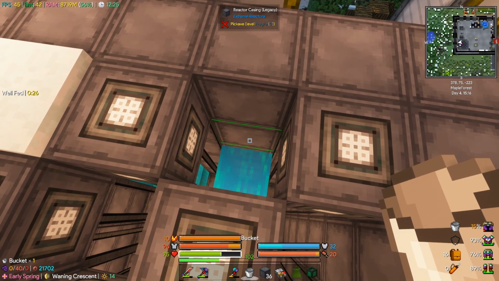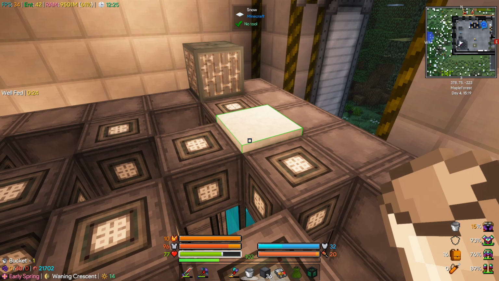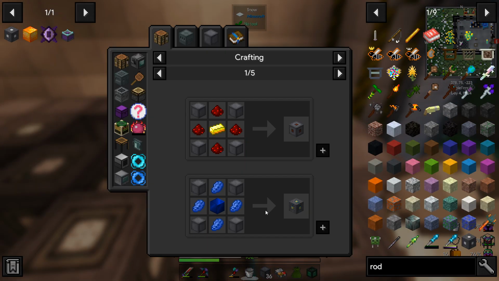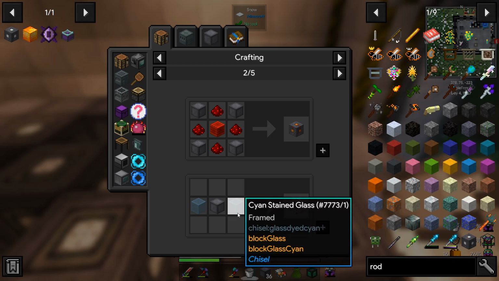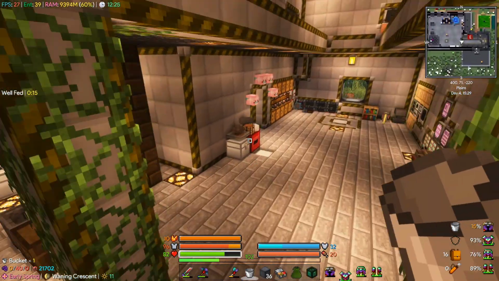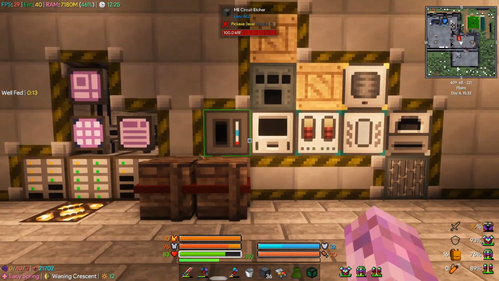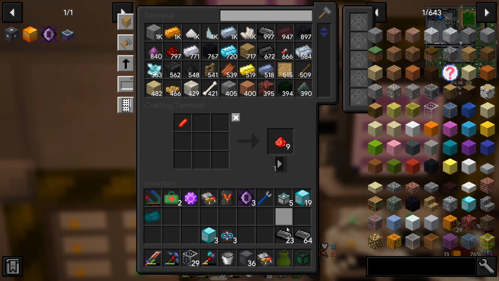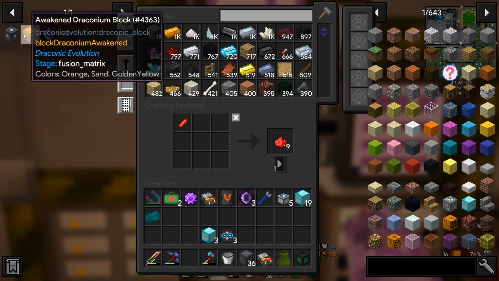And then we're a little bit short there. And to keep track, we could put glass. Like, yeah, we can make reactor glass, and I might do that. No, I think I had a bit of glass preparing in here. Yeah, we needed a bunch more graphite and glass as well, so